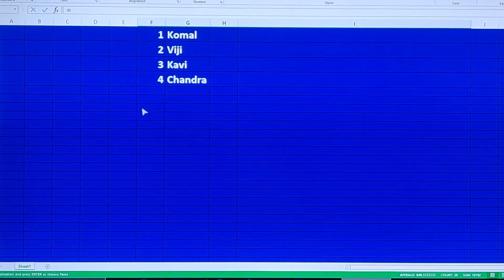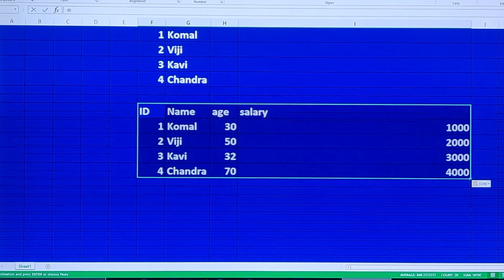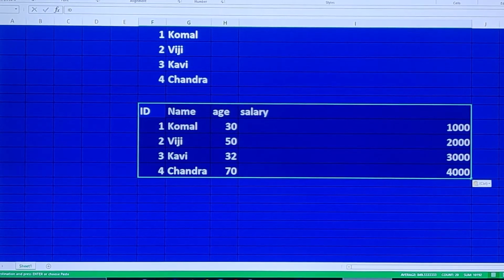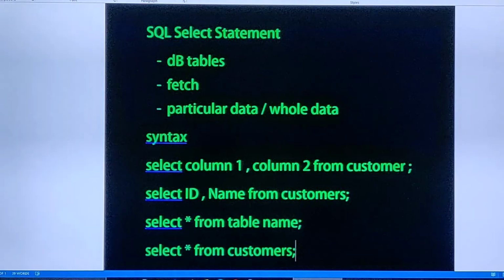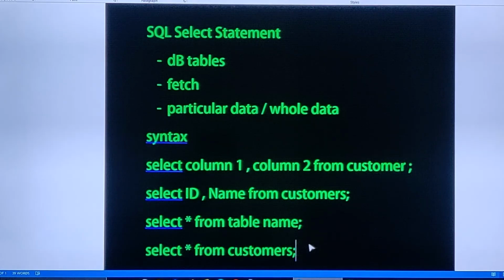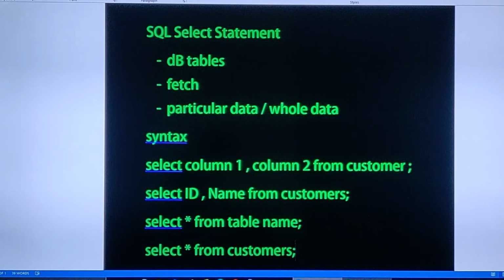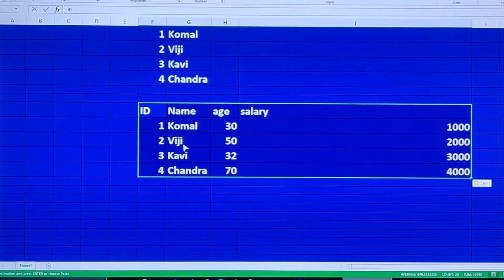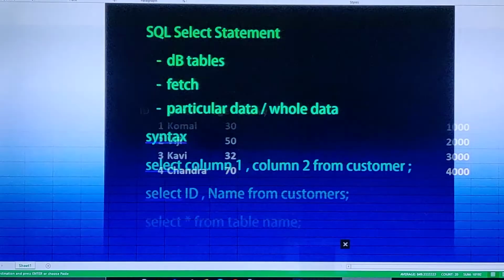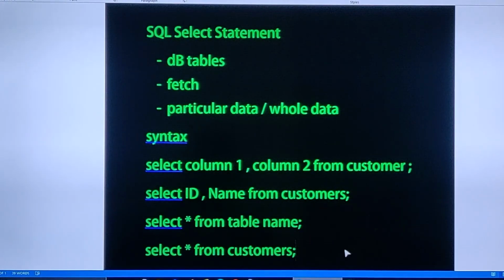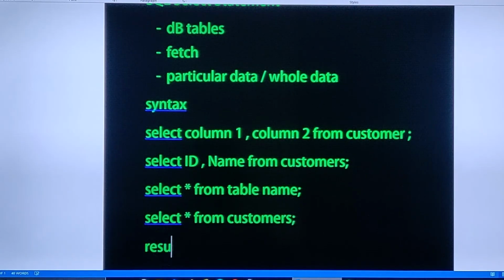The 4 columns are there, and all 4 columns of data will be displayed as output when you execute this SQL statement. So this is how the SQL select statement helps us fetch the data. The data we get as a result is generally called a result set.